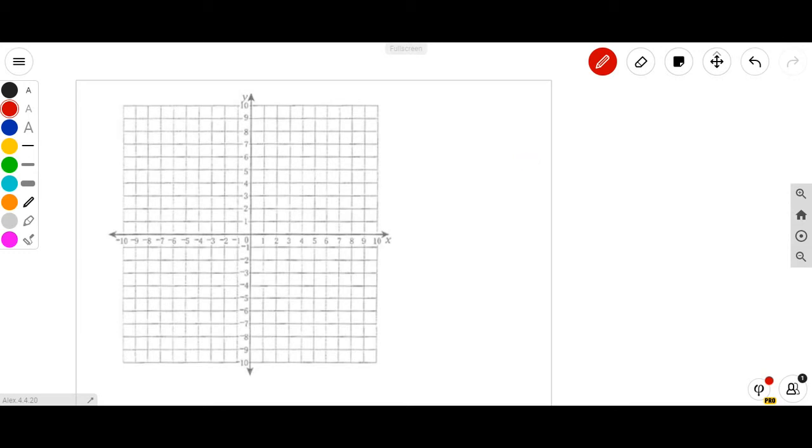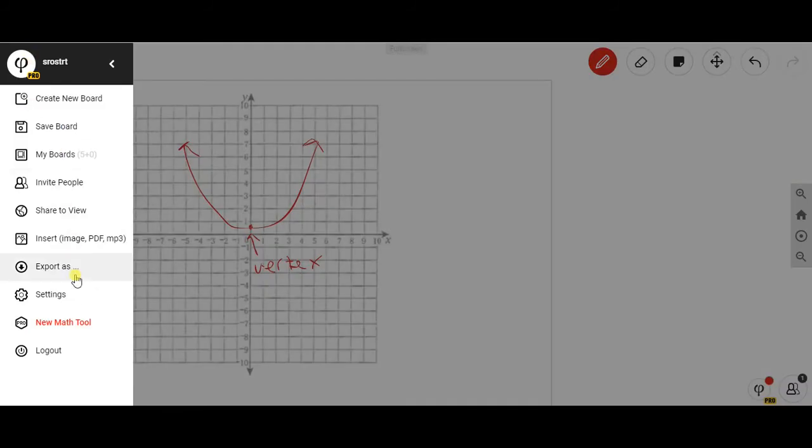Okay, and so below, let's put it back on there here, and say this is the vertex. And then what I'm going to do is export this now as a PDF. Let's assume that we did a whole set of notes, and I want to send that back to the student. So I'm going to go over here to the three bars, and I'm going to go down to Export As,